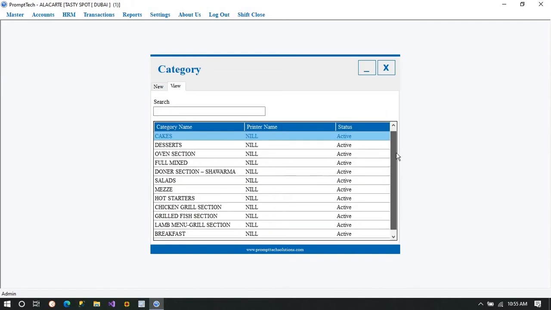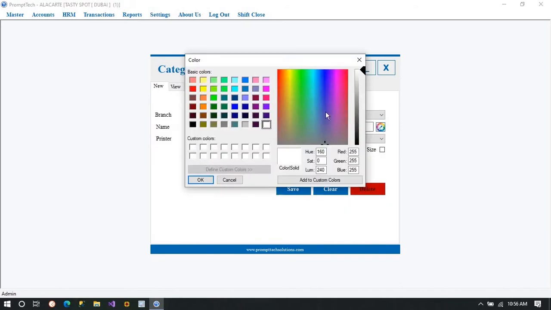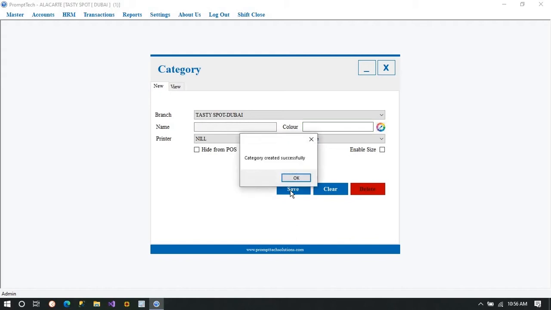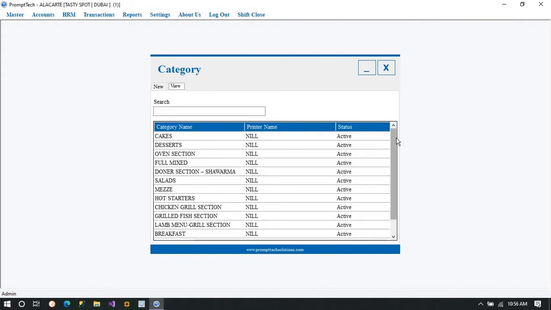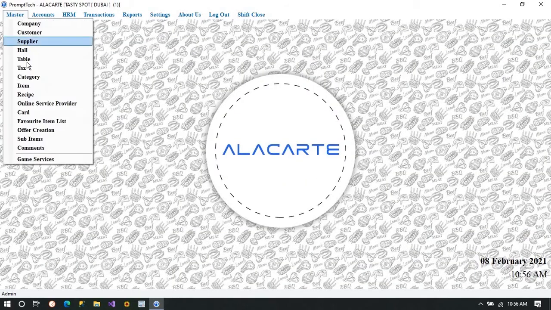Next is the category. Now category is where you can add what kinds of food categories are available there. So you can put sweet, drink, Chinese, or Italian, whatever cuisine is available, you can add it there. You can even give colors to them, right? For example, if a vegetarian is there, you can put vegetarian. For non-vegetarian, you can put red, and you can customize it and differentiate it according to your view. This is a category of things available over here. You can even enable the size, update things. So if any mistake is there, you can update it as well.